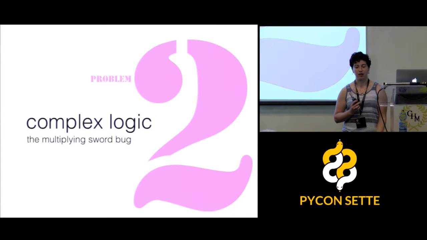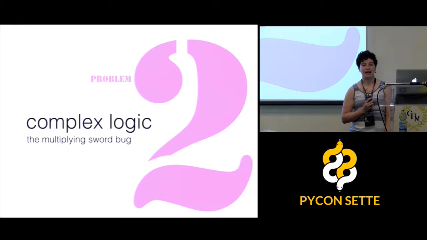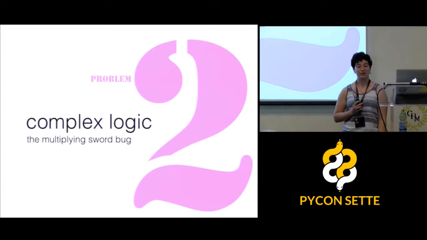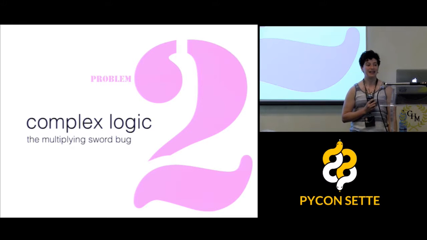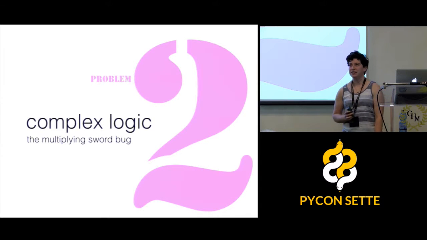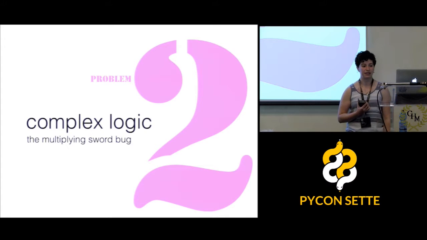Okay, so that's problem one. Problem two is actually a bug that I caught when I was manually testing the game. If you're unfamiliar with Harry Potter lore, in the Harry Potter universe, there's a sword called the Sword of Gryffindor. It's associated with the Gryffindor house in the Wizarding School Hogwarts, and there are several instances in the books where the sword will fall out of an object called the Sorting Hat if a member of Gryffindor house is holding the hat.